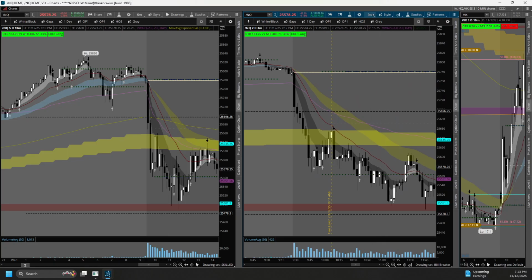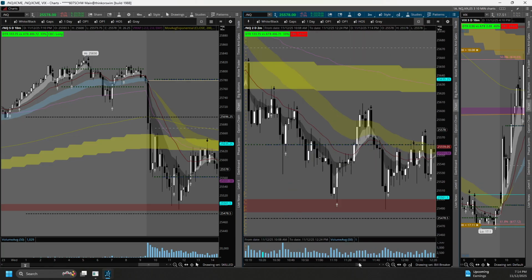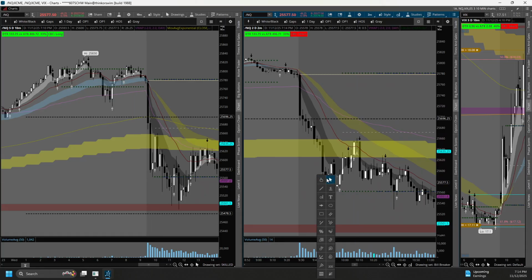Yeah, it is actually super close to 3-minute 20, right? So all that being said, I just know it's a sign of weakness. But I took that long. It was just a long scalp. I got my 15 points from it in the same candle. I gave more than that, and then I got out.